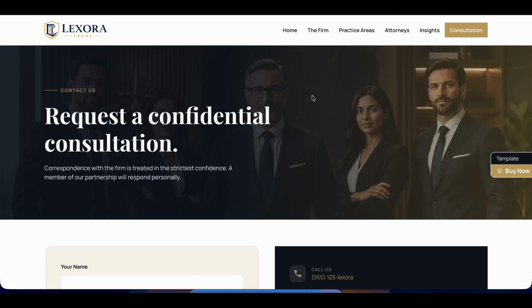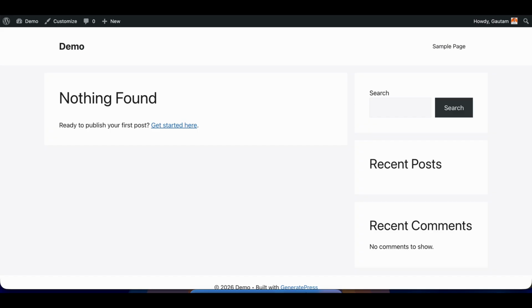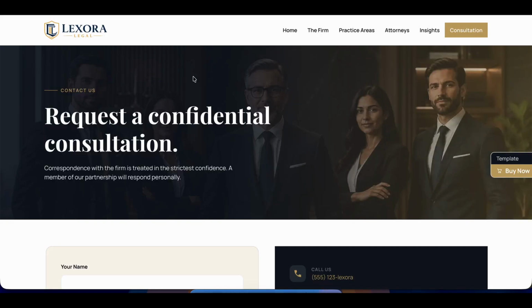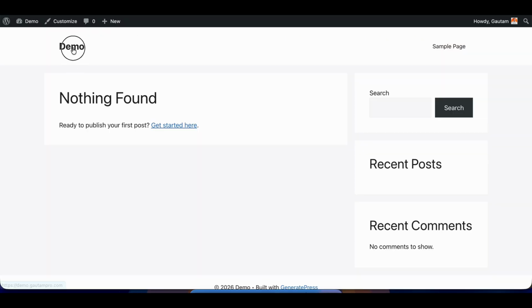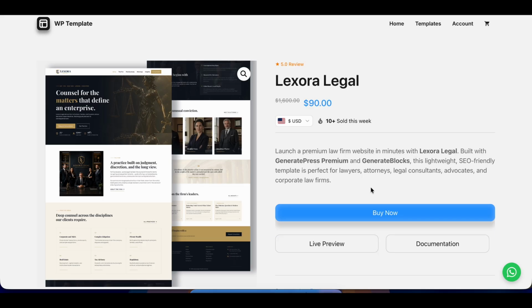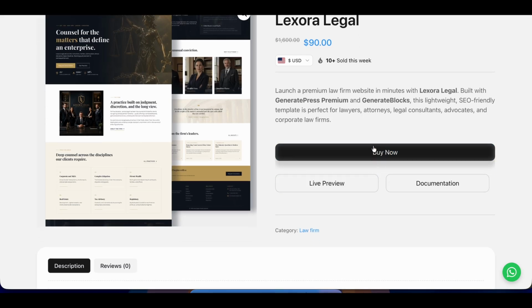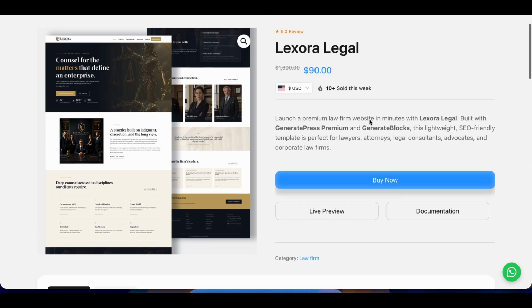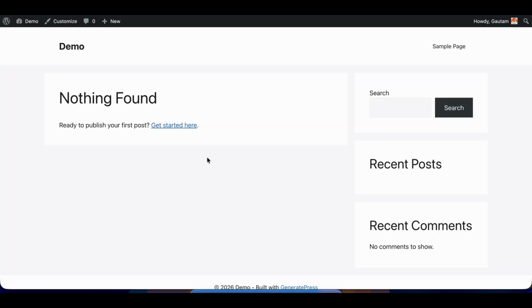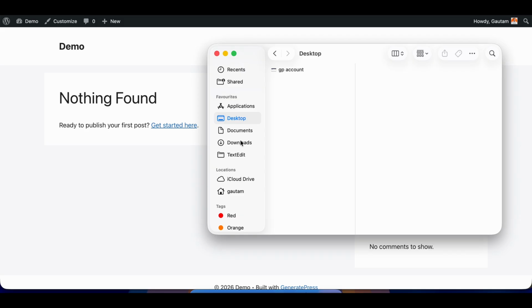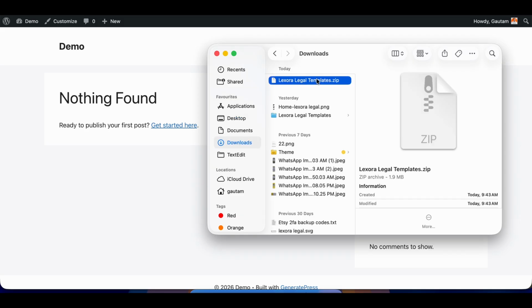Now I am going to show you how to download and import it, and we will upload it to the demo website. See, there is nothing on the demo website. Now how you can buy it, just click here and buy it. You will get the template, download the file and template. You will get this template, unzip it,